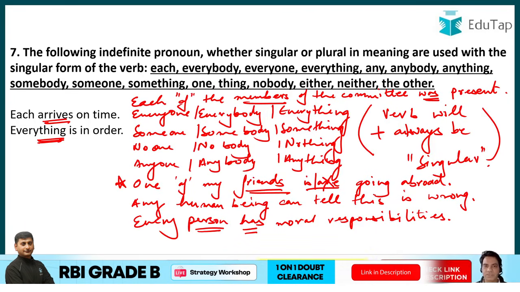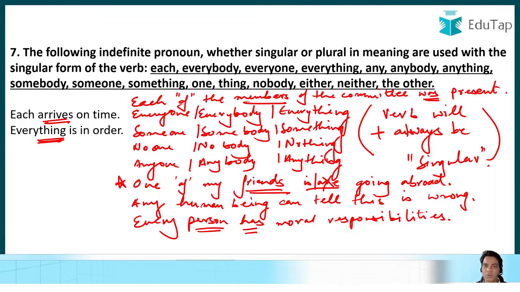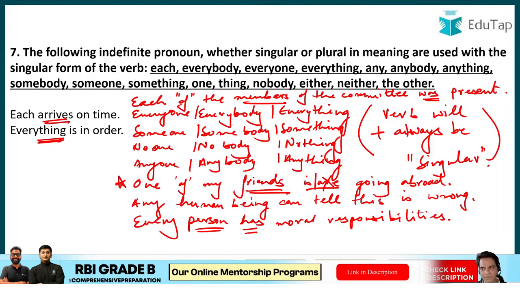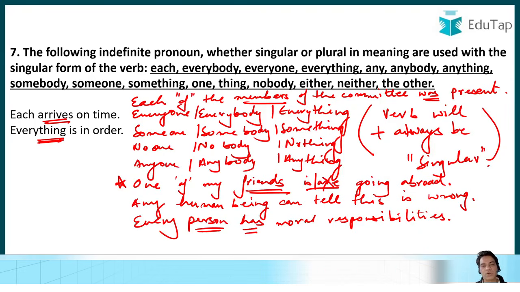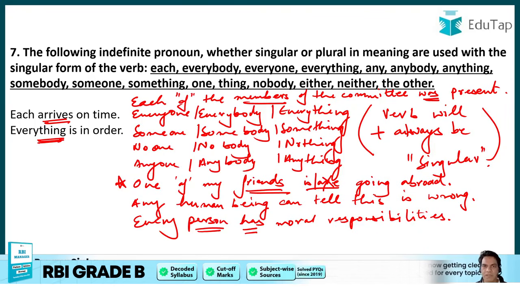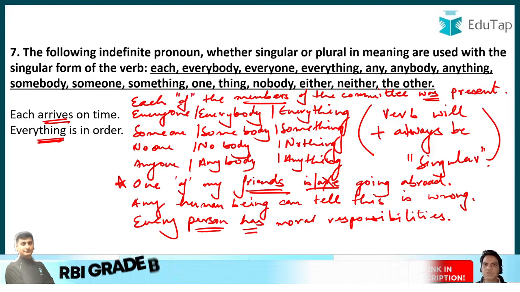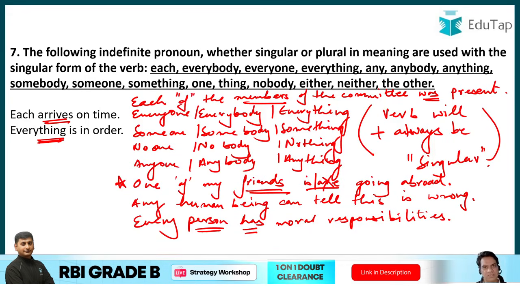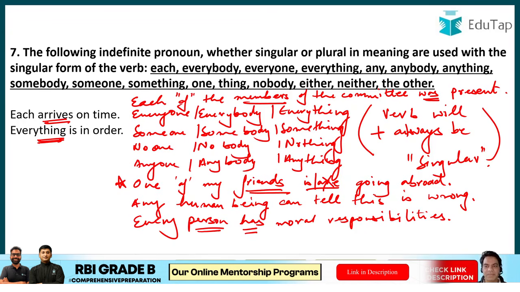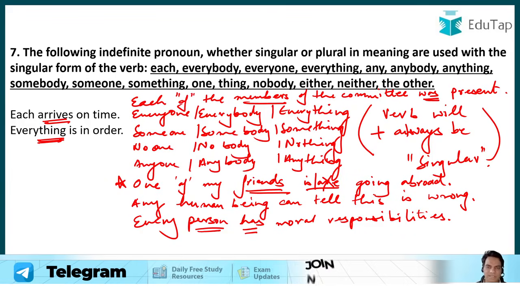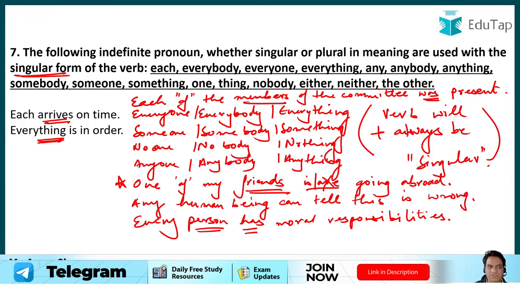Every one of the students has arrived. No one of the players was able to score a goal. No, we don't say no one of the player. We say no one of the players could score a goal in the match. So if we use of, the following noun will be plural, but the verb will remain singular. And if we do not use of, then the noun will also remain singular and the verb is always singular. So you need to remember these words, guys. They are crucial words. If any of these words is at the beginning of a sentence, the verb will always be singular. There is no exception to this rule.